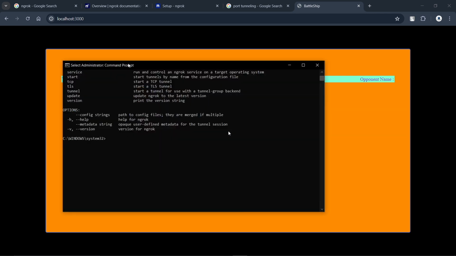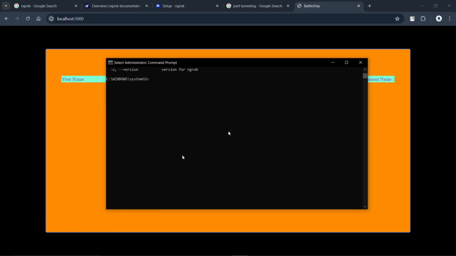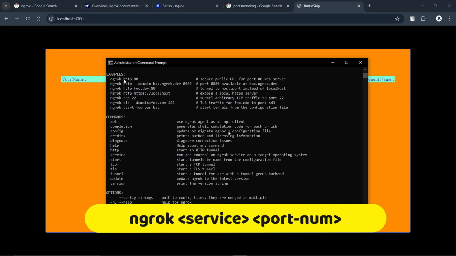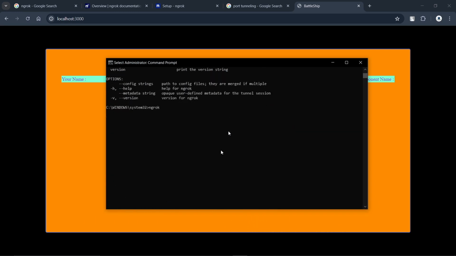In order to do that I need to use ngrok. So I need to write ngrok, which is the command, and you can see the example, http and the port. This is basically my web project, so the traffic is HTTP, and the port number is 3000, and if I just enter,